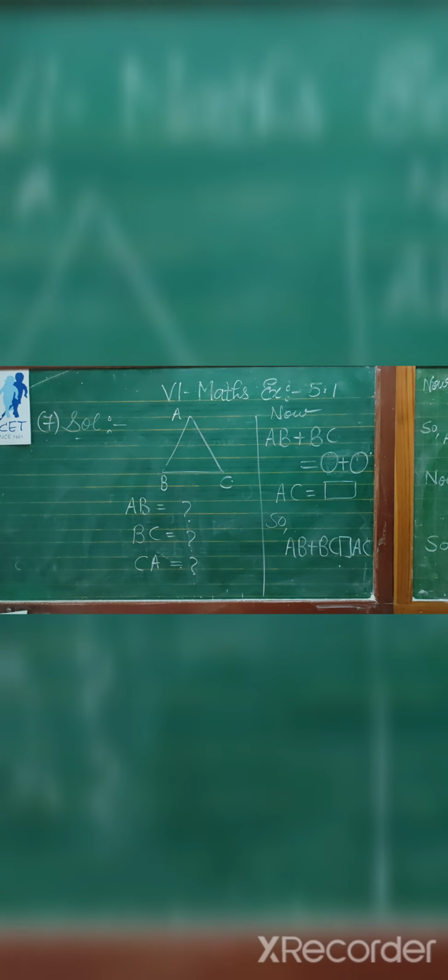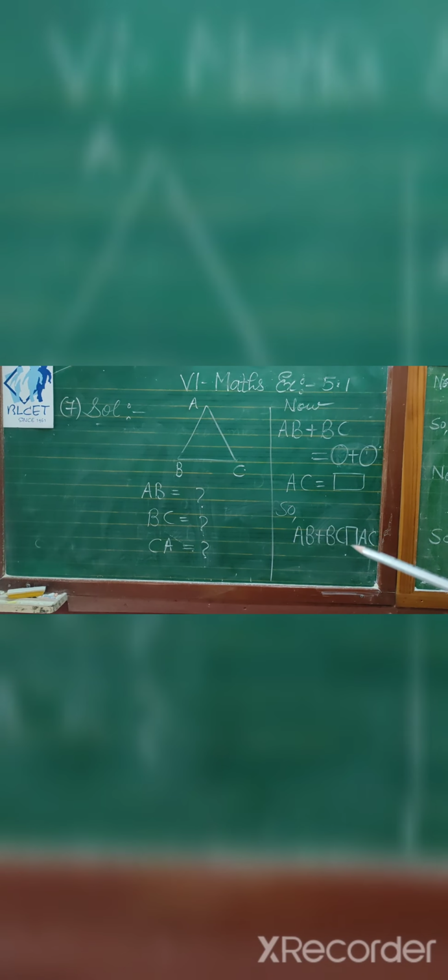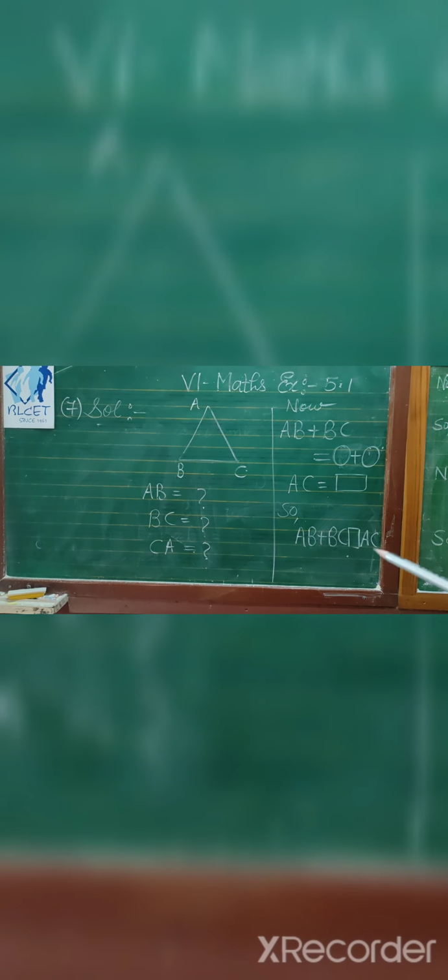So let us start. Now for this, what you will do, you will draw in the Interleaf notebook on the blank page, triangle ABC. Then measure the length of AB, measure the length of BC and CA. Okay, whatever lengths you are getting, you will write here. Now you will add first two sides. Okay, so result you will get. Then compare with AC. It is less than or greater than. Whatever sign you are getting, you will write here.